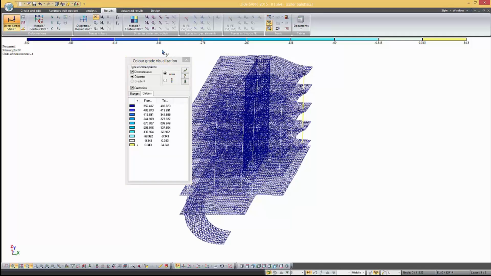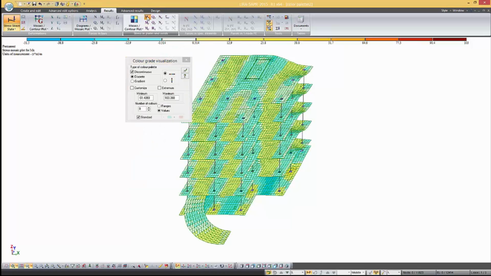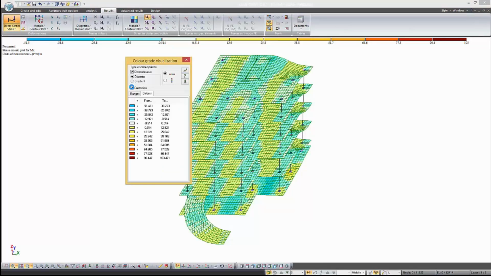Click the button that displays stresses along x-axis. Once again, click the radio button Customize. In the top ranges, you can customize your own range without uniform step. Suppose the value up to plus 50 is not interesting for us and can be displayed as one segment. However, the value from plus 50 and above requires more detailed consideration, with the step equal to 5 tons per meter